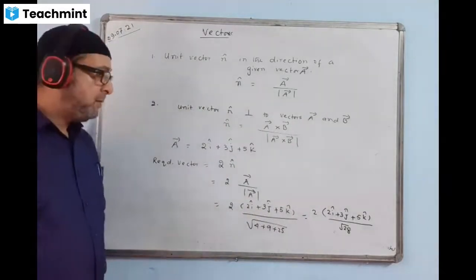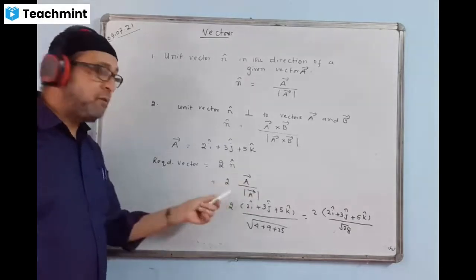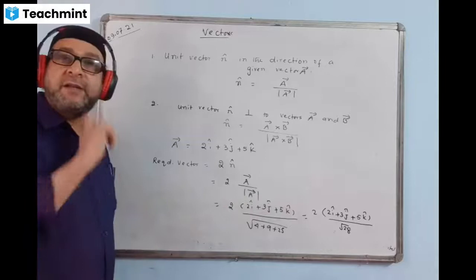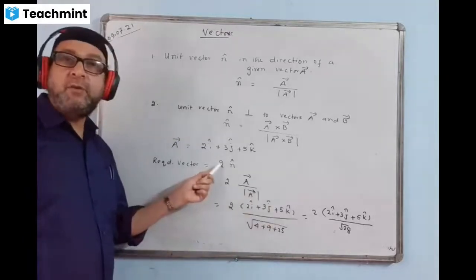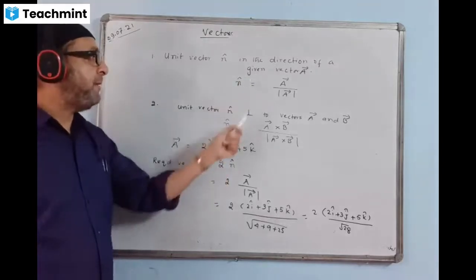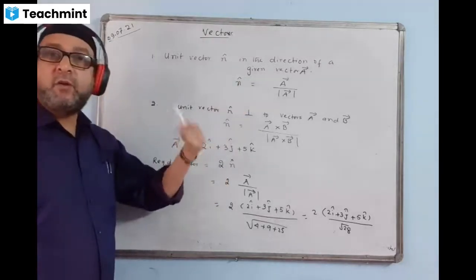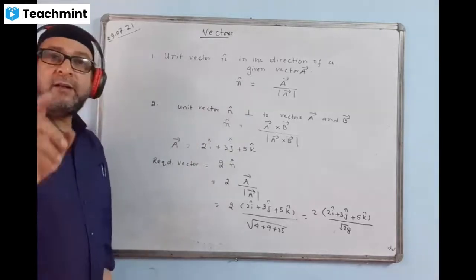That's the answer. Sir, this is how we can find the unit vector in the same direction. Given magnitude, we are changing into vector quantities like this: magnitude multiplied by the unit vector. But the unit vector can be of this type and can be of this type, so it depends upon the question. Whichever type they are asking, accordingly we do. Right, another question.